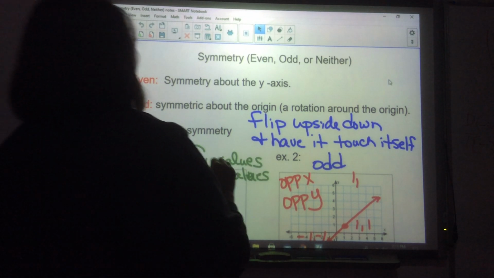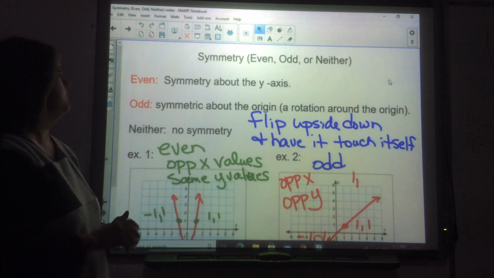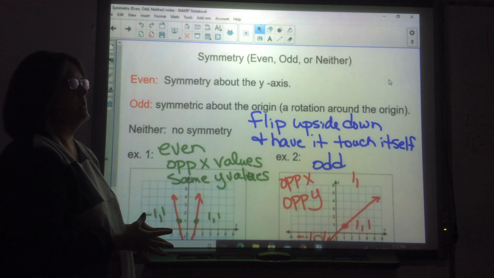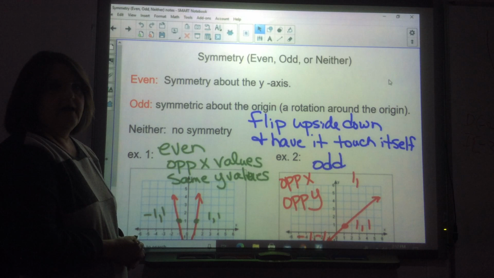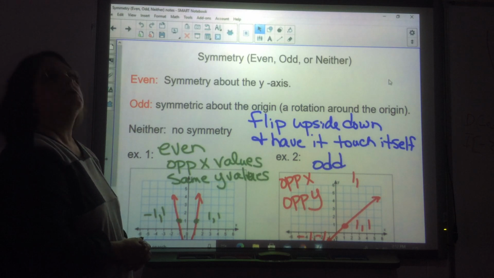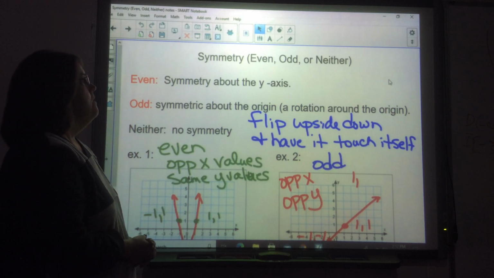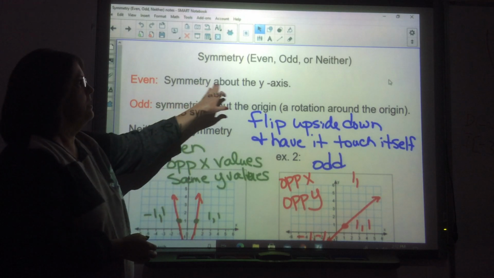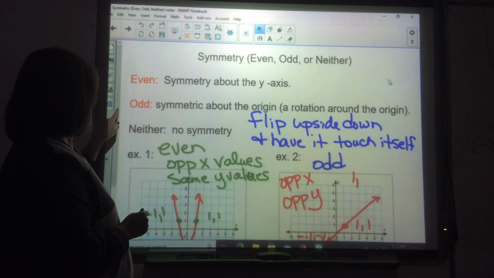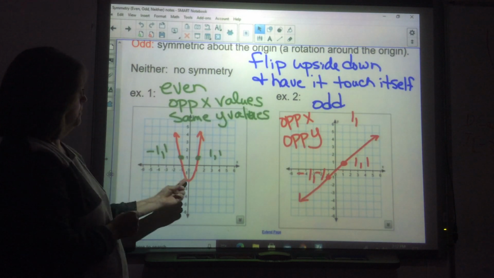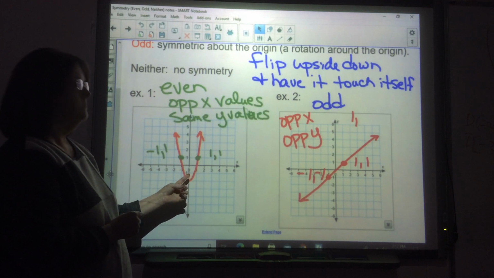Okay, we're going to be discussing symmetry today, whether a function is even, odd, or neither, that type of symmetry. Quadratic functions have other types of symmetry also at times, but today we are focusing only on the words even, odd, or neither. For a function to be even, it needs to be symmetrical about the y-axis, meaning that I need to be able to take the graph and fold it on the y-axis like this one is, and